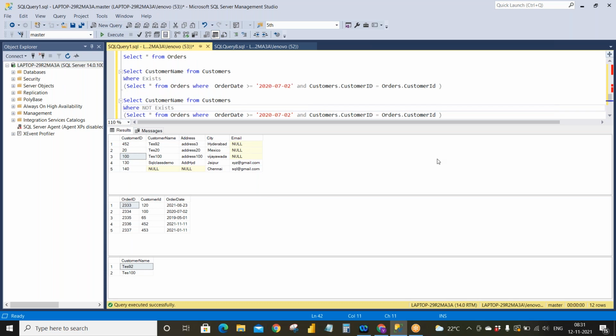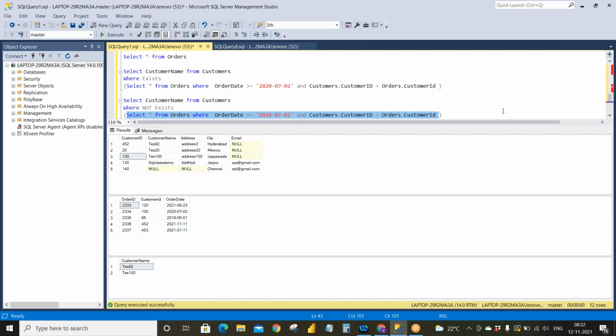So what happens is, if this data is true, we will be getting the data, and this particular data, that means greater than or equals to 2027-02. So it will not give the same condition.